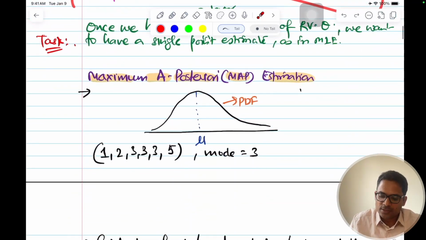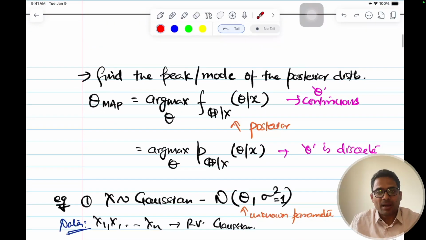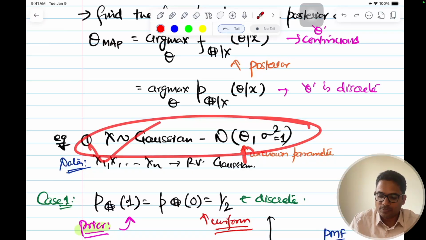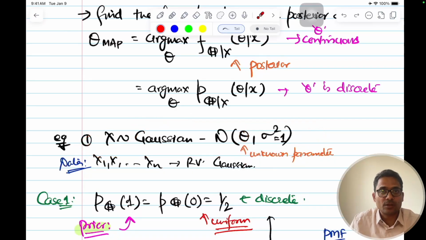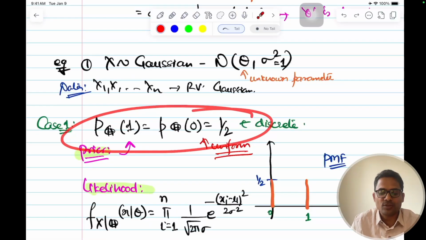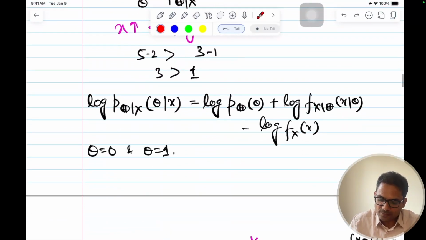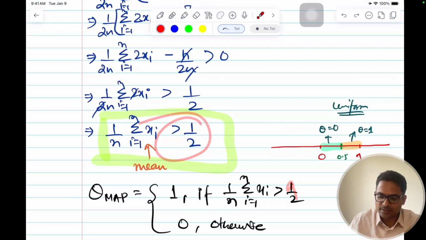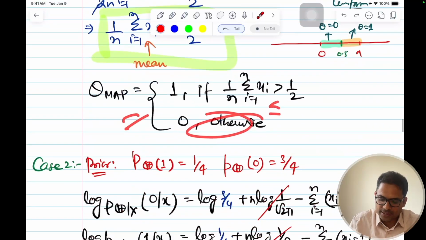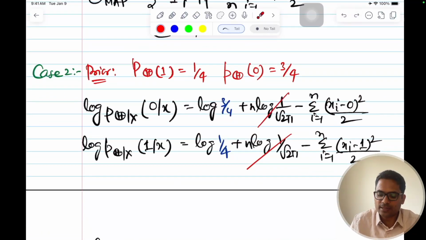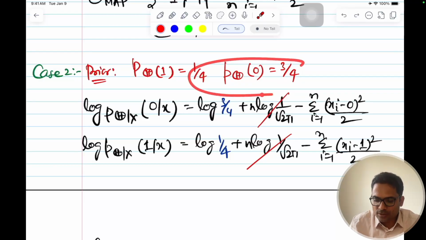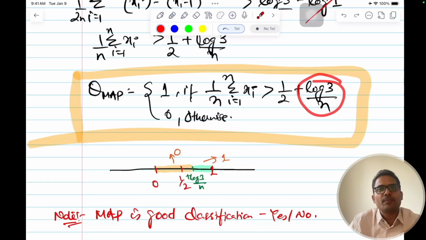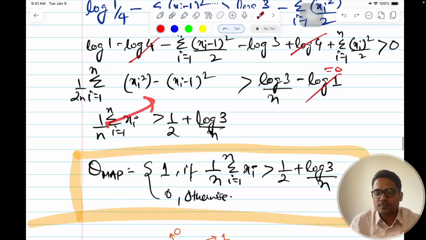Depending upon that, then we saw two examples of MAP. For MAP, one was when we played with the Gaussian distribution where theta, which was the mean, was unknown, and we tried to predict that. The initial belief was that it is uniform, and then finally we found out on the first calculation that if theta is greater than half, then this will be 1, and if it is less than or equal to half, then this will be a 0. And then in the second case we discussed that the prior information was that theta is more biased towards 0, and based on that prior we found out that yes, that is correct, and the new estimate came out with one more term which was log 3 by n, and we saw the calculation here, and that pulled